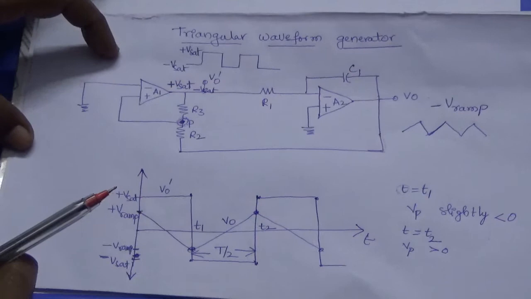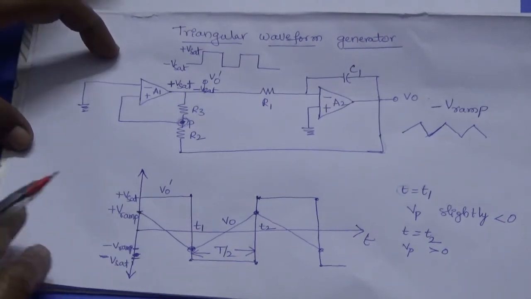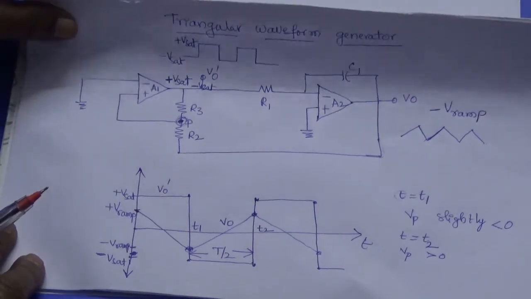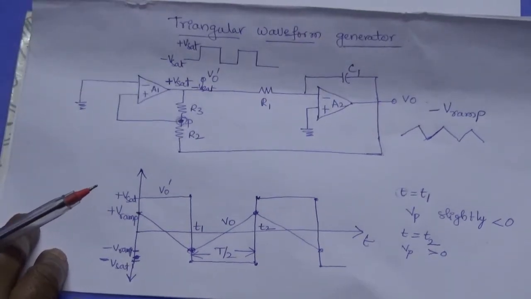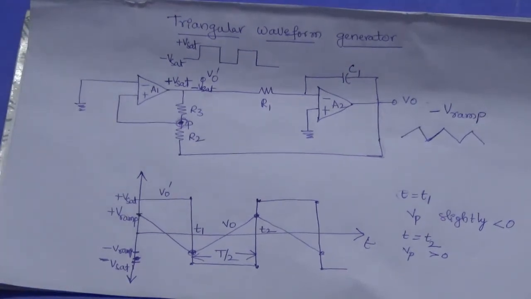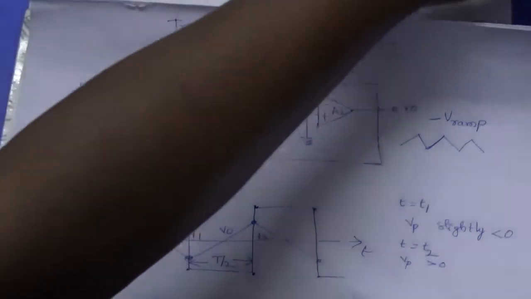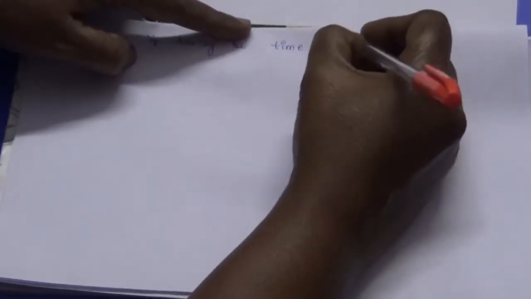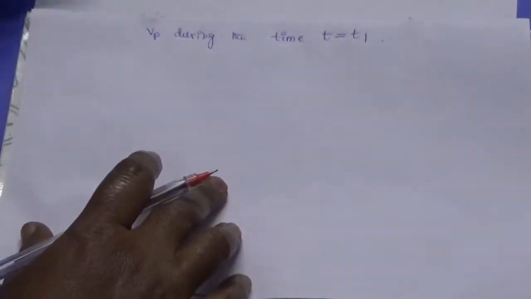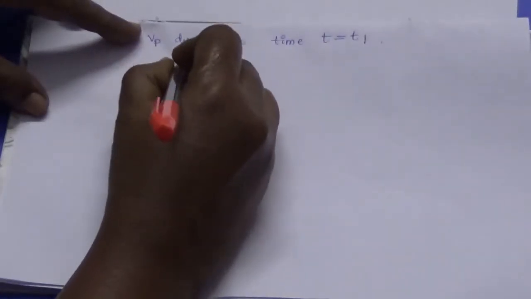Now we are going to find the frequency of the triangular wave generator. How we can find the frequency: by calculating the time period we can find the frequency. Now let me have this. Here, the effective voltage at point P, that is VP, during the time t equal to T1, its value will be minus V ramp